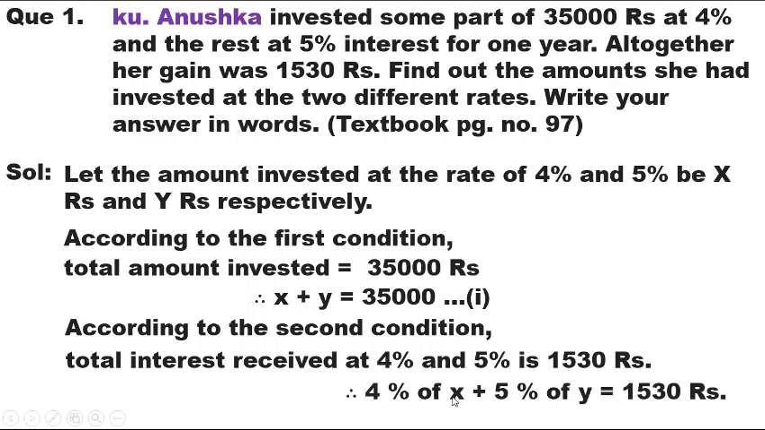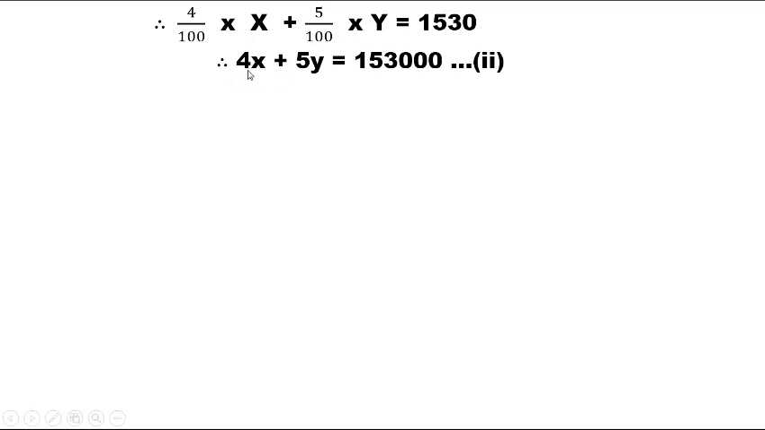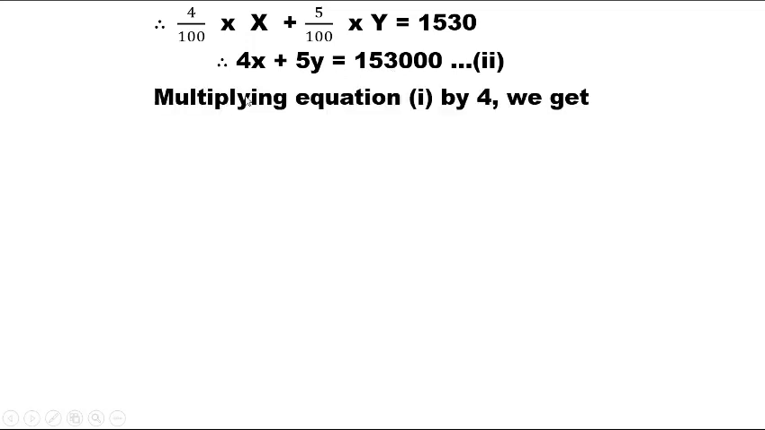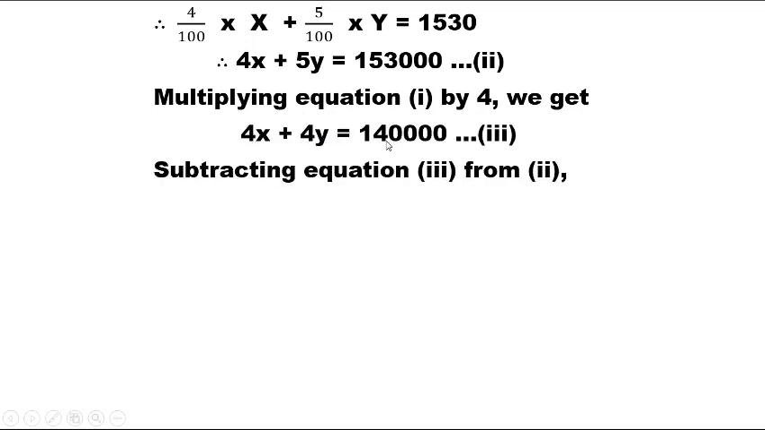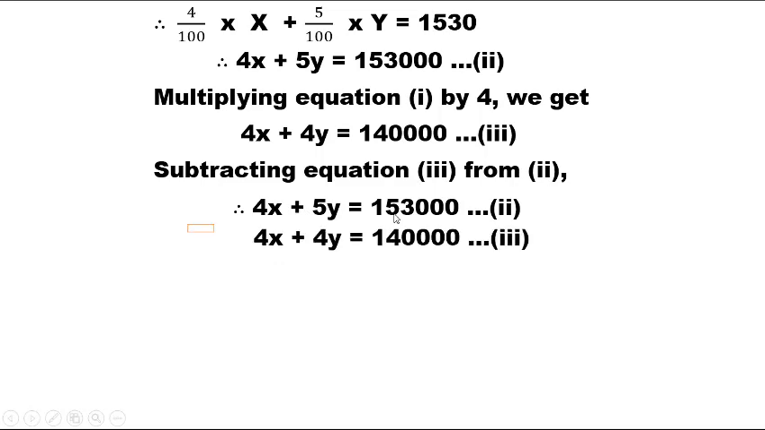Therefore, 4% of the X plus 5% of the Y is equal to 1,530 rupees is equal to 4 upon 100 into X plus 5 upon 100 into Y is equal to 1,530 is equal to 4X plus 5Y is equal to 1,53,000 rupees. Multiplying equation 1 by 4, we get 4X plus 4Y is equal to 1,40,000. Subtracting equation third from second, we get 4X plus 5Y is equal to 1,53,000 minus 4X plus 4Y is equal